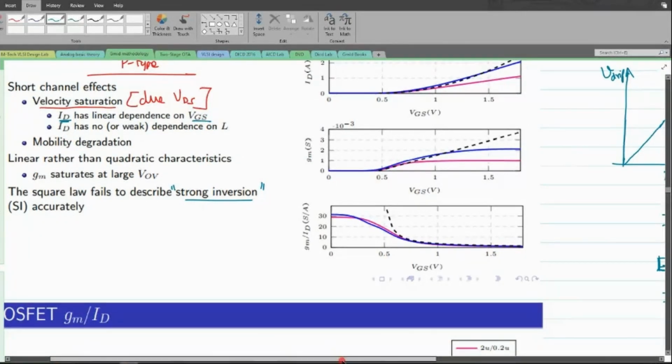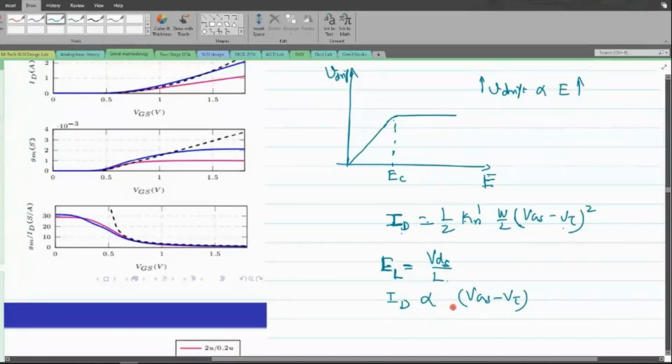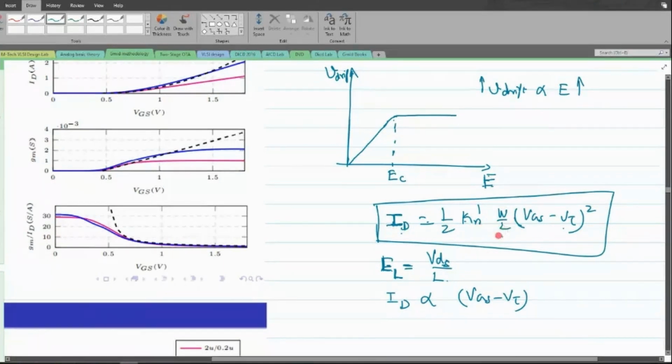Also, this current will be independent of the channel length. There is a lengthy derivation that has been done, and I'll share the link where you will find that the proportionality to the length is removed. When I consider the current equation, we know that the drain current depends on the value of L. Whereas when your transistor suffers from velocity saturation effect, the dependency on 1 over L is not there. So that is what we end up having whenever the transistor suffers from velocity saturation effect.